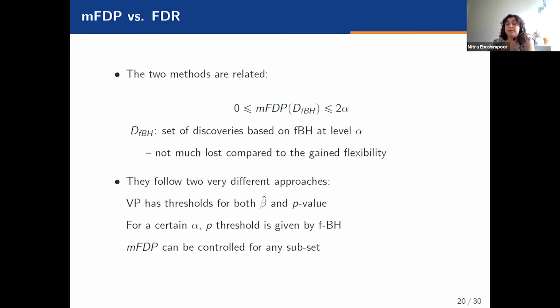The volcano plot selects genes based on two thresholds. That is the natural volcano plot. Then for a certain alpha, a p-value threshold is given if you want BH. And for the median FDP, you can just calculate this for any subset of your data. So to make it comparable across different